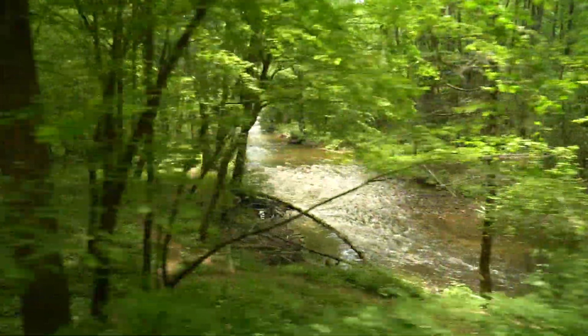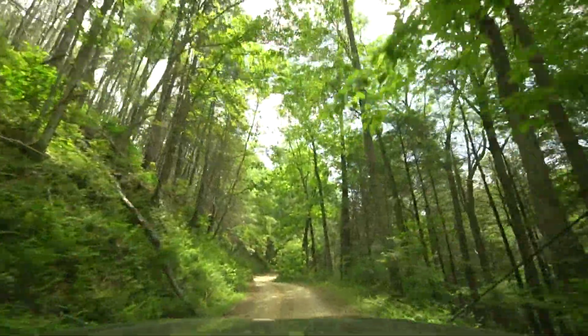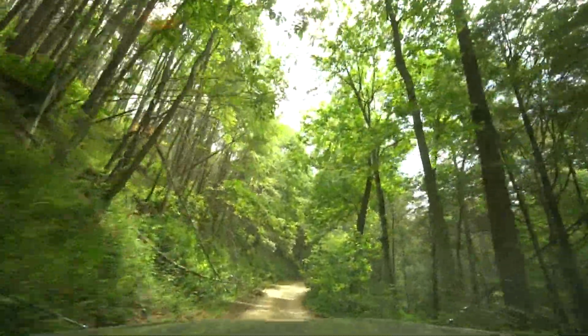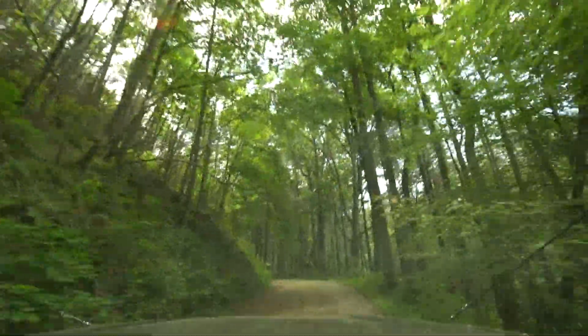Just entered Cooper Creek Wildlife Management Area, and for the most part when you're doing the Georgia Traverse, everybody I've asked says that you don't need any permits to be out here. However, we saw a post on Facebook a few weeks before doing this of game wardens and state police checking people's permits for being in the area. I guess maybe depending on what wildlife management area you're in, a permit's required. So just to be on the safe side, we did go to